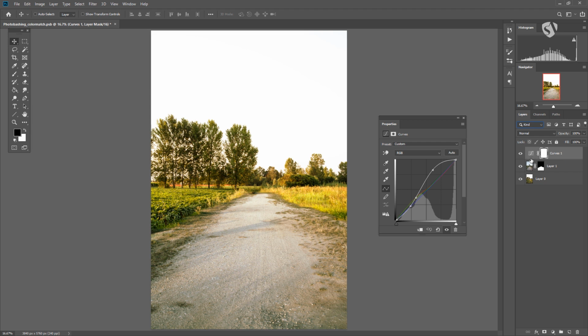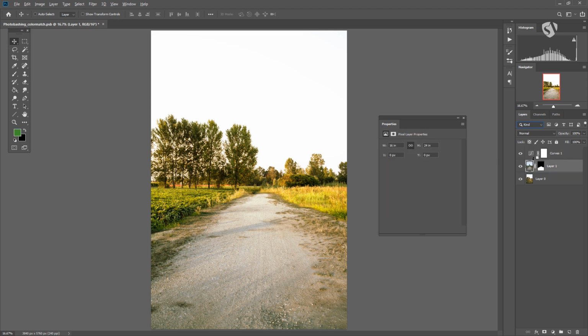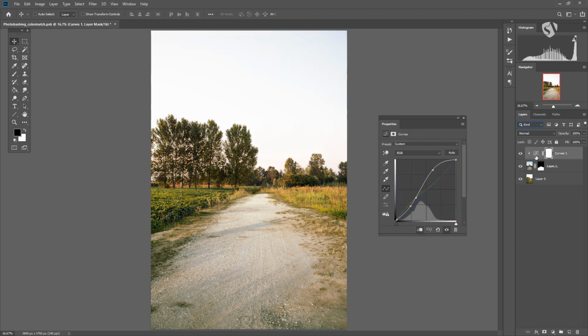But because I want this adjustment to work just on this layer, I press Alt and click with the mouse button once, and now these curves are working only on this road I have here. And you can tell because if I move this, only that part is changing. And this is pretty powerful because